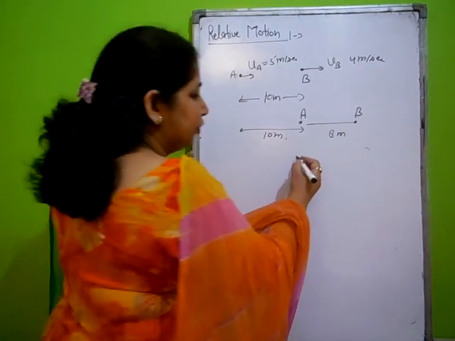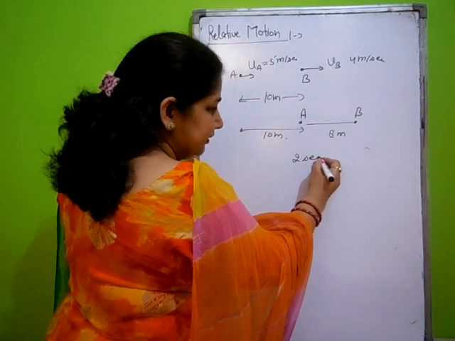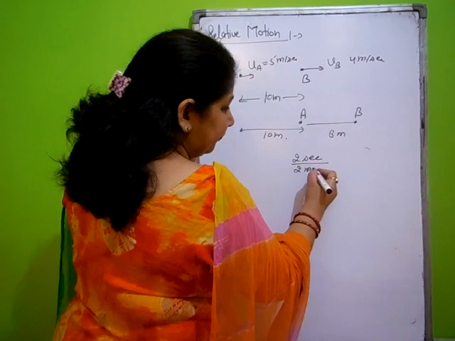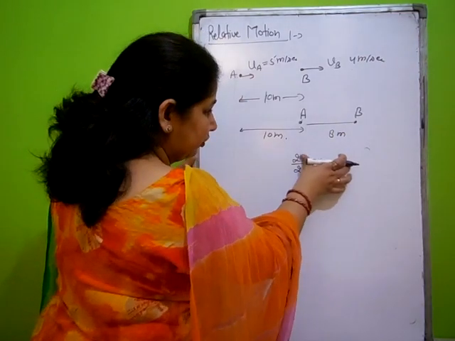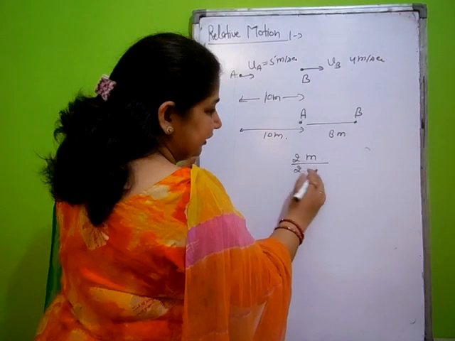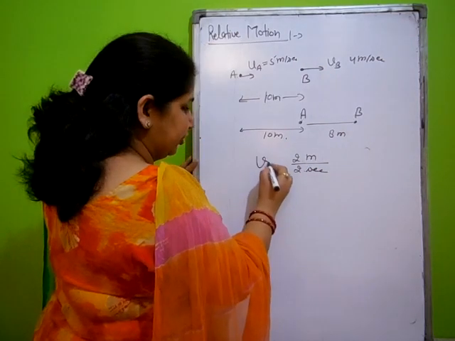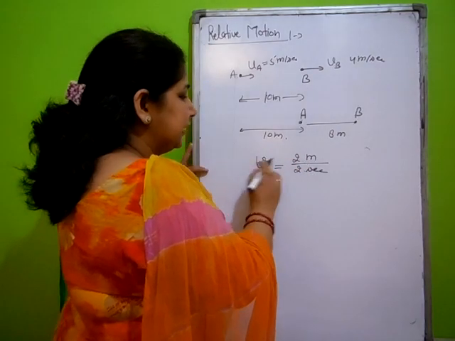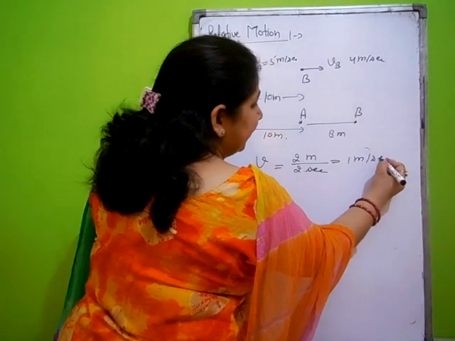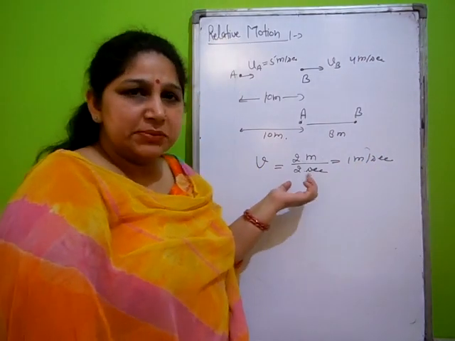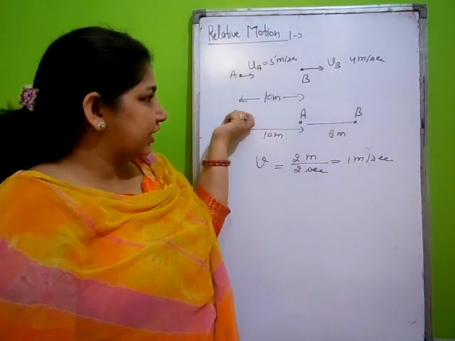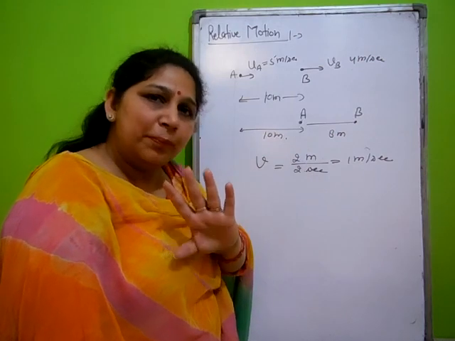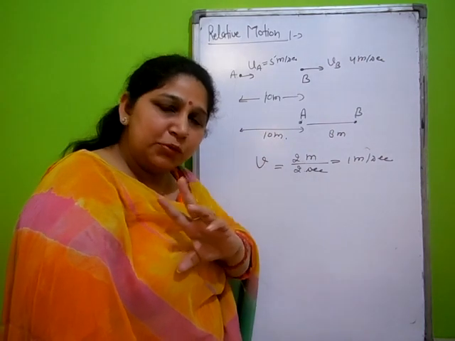Means now in 2 seconds it will reach the 2 meter distance. It will cover 2 meter distance in 2 seconds. What is the relative velocity? Means the position change with respect to unit time is 1 meter per second. The position change with respect to one object per second is 1 meter per second. 1 सेकेंड में केवल 1 मीटर का ही वो पोजीशन चेंज हो पा रहा है. तो 2 सेकेंड में कितना हुआ? 2 मीटर का पोजीशन चेंज हुआ.